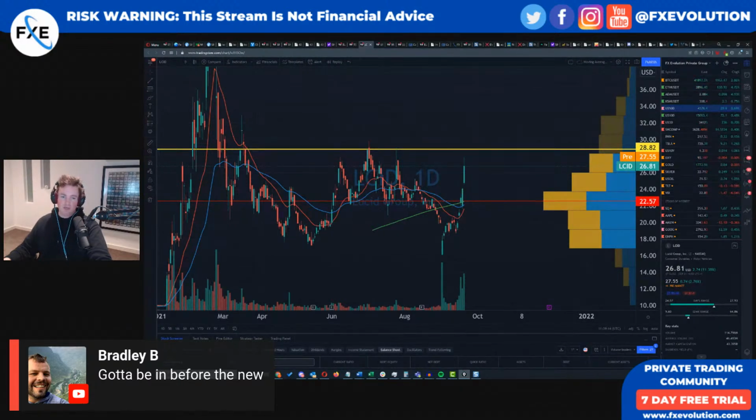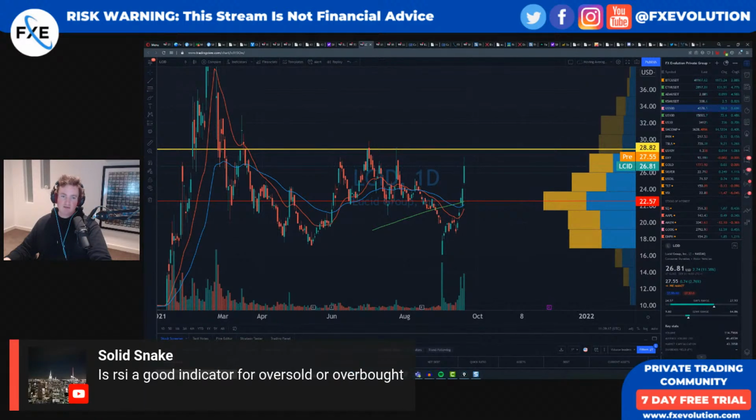Indicators will not help you very much in this either. Solid Snake says, is RSI a good indicator of oversold or overbought? It's an indicator. It's not good enough. If you can easily tell, Solid Snake, go have a look at rallies, put RSI or any other indicator that you want on the charts and watch what happens over time. And you'll notice it basically goes up and it will sit in overbought territory and the price will continue to go up. When you can disprove an indicator like that, you need to use it for different things. Do we have RSI in our course? Absolutely. Do we like RSI? Absolutely. But there's a time and a place to use it.